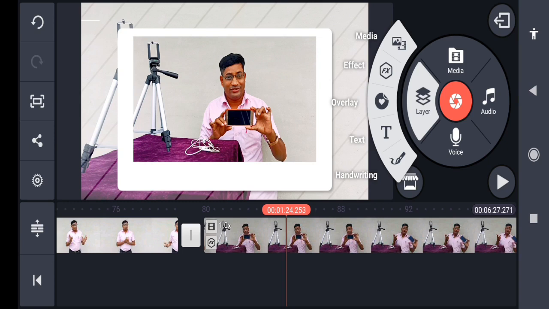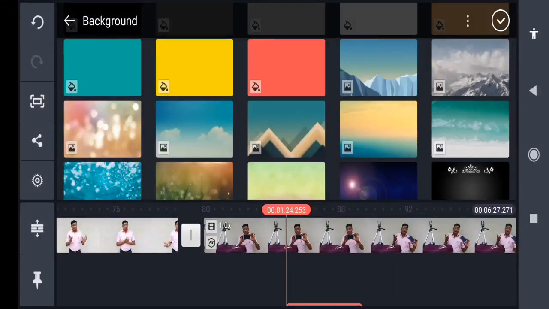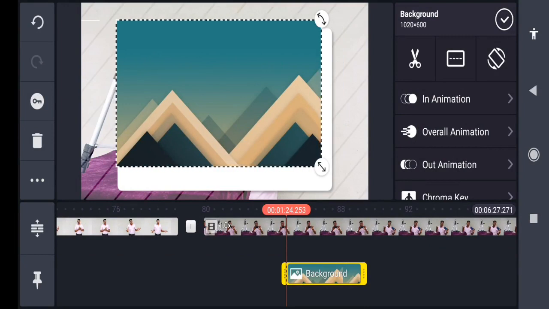Now dear friends, what is the difference between using the media directly and the media from the layers? Layer clearly indicates that whatever you add on top of the background is movable. It is not firm like the background. So let's see, previously we inserted the background, and the same background I will insert on this. Media, go to the background, and now I'm inserting this font. So let's see, it is on top of the background media. Okay, dear friends. So layer media will be on top of this, and it is movable.